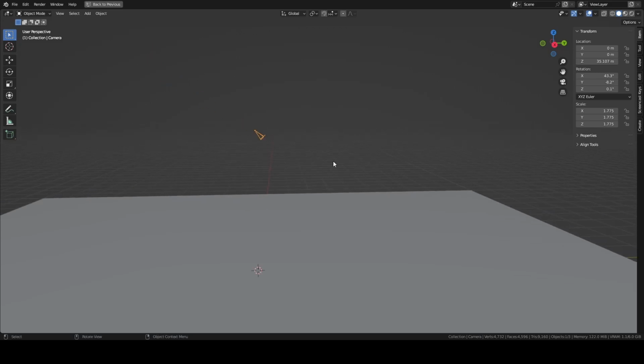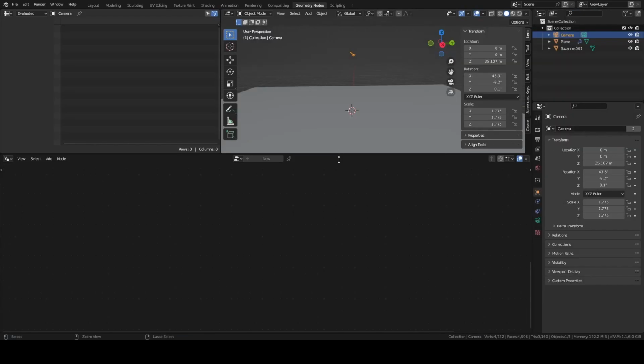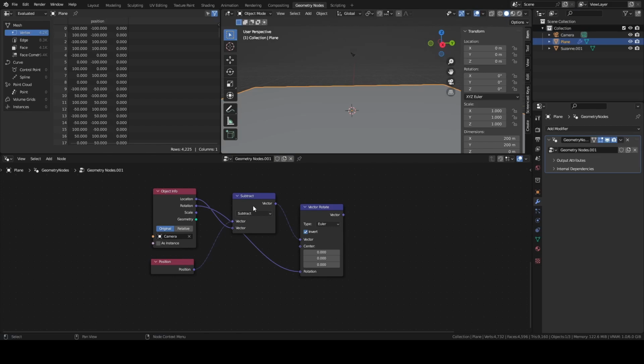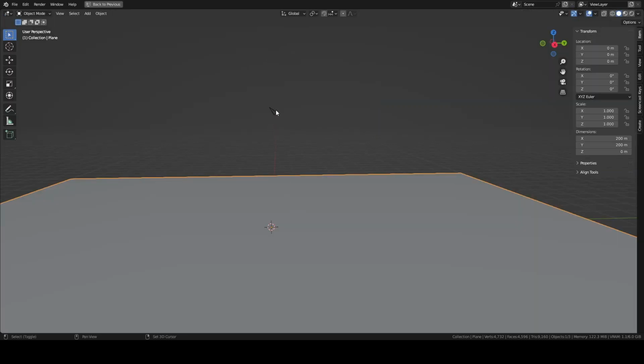So basically, if I am taking my vectors and rotating by the inverse of the camera rotation, I'm basically reverting this rotation, and I'm rotating everything as if it were in this situation.